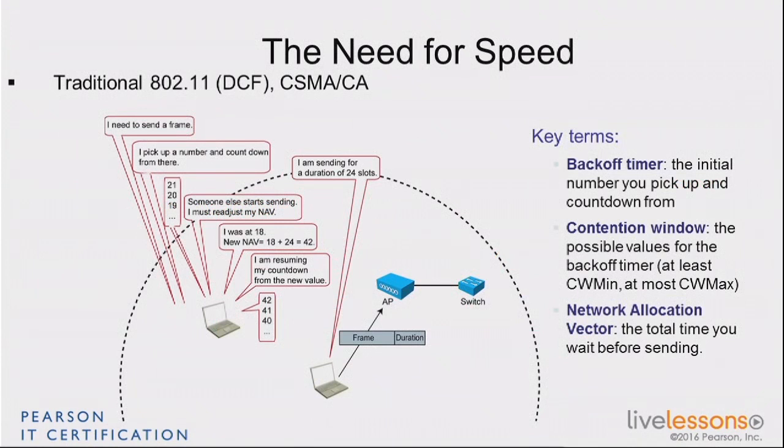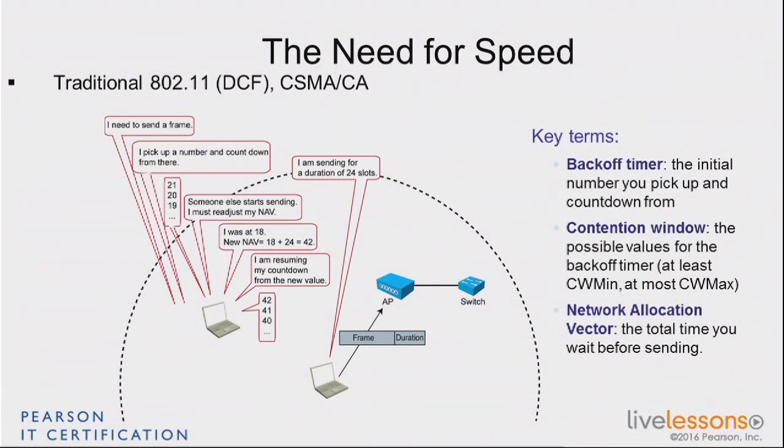Let's suppose that you need to send a frame, your station. The first thing you're going to do is to wait a DIFS. And that's why DIFS is so important. Of course, you're going to listen to the air, and if somebody is sending, you're going to wait until there is no communication anymore. And then you wait that DIFS. Remember that DIFS is a SIFS plus two slots. So if at any time during the time you wait that DIFS, you hear transmission, then you stop counting, you wait for the transmission to be gone, and then until there is silence, you wait. And when there is silence, you wait a DIFS. And everything starts when there is an entire DIFS without communication, silence in the cell.